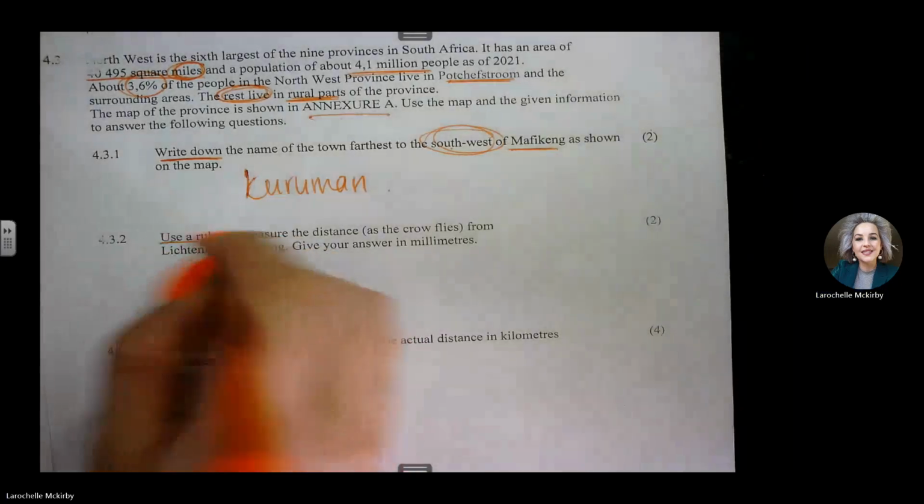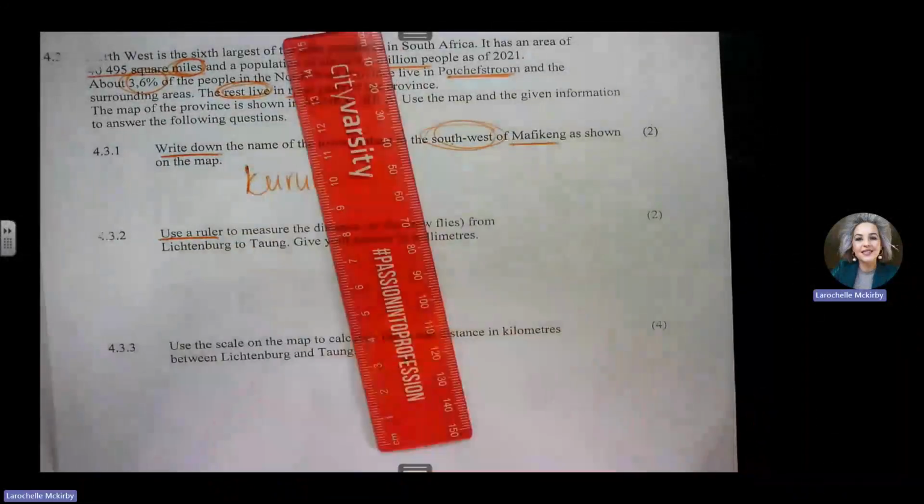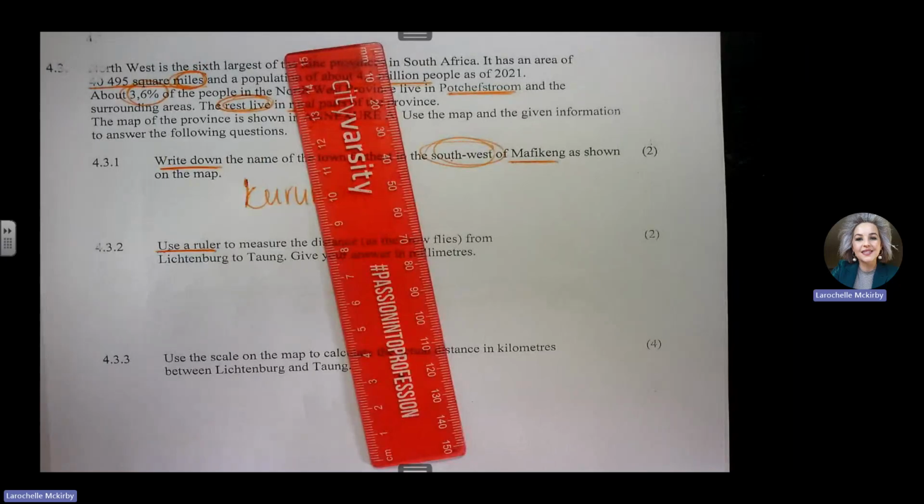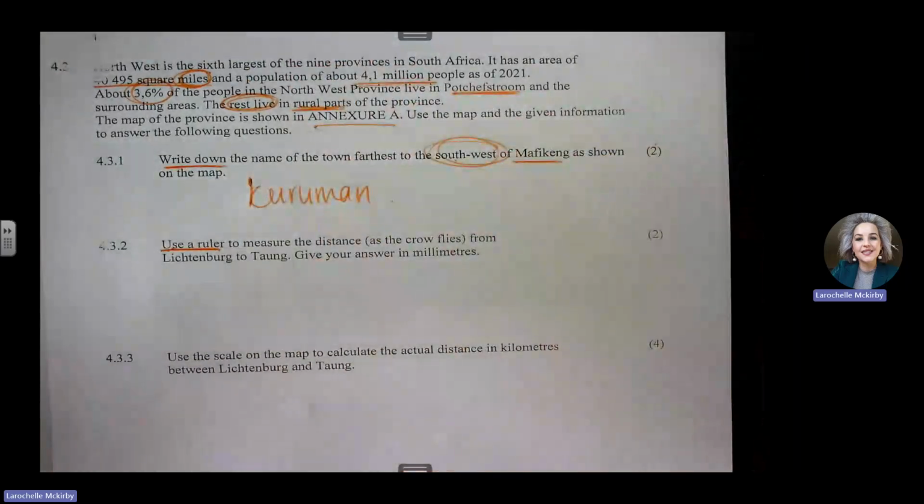4.3.2. Use a ruler. Everyone, get your ruler, please. And now, see if your page is printed like mine is, or if it's printed otherwise. If it's printed otherwise, ask your teacher to also make the measurements and double check with you. And if you don't have that luxury now, please double check with a classmate or someone that is watching with you in this video.